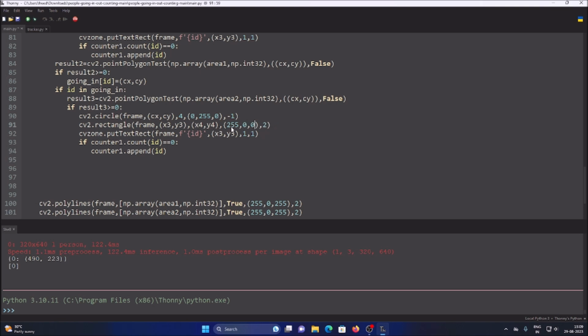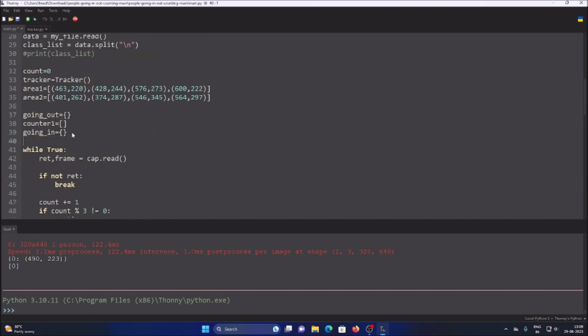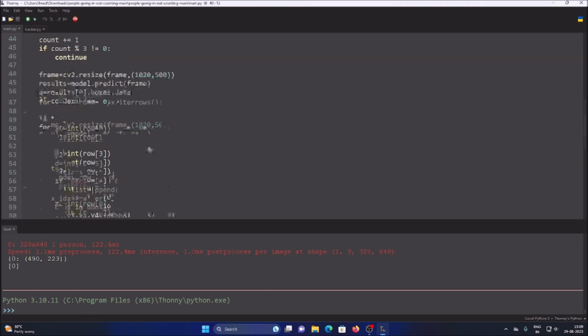and also let's change our circle color. So let's mention red, 0 and 255, and here we mention counter 2, and here also counter 2. Then here we want to create a new counter for going in. Counter 2 is equal to an empty list. Save the code, and